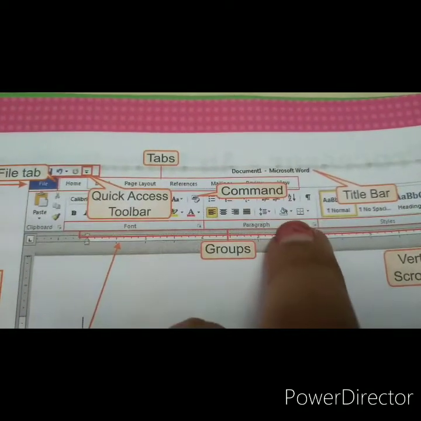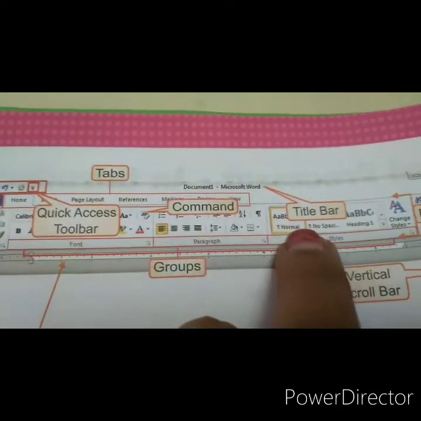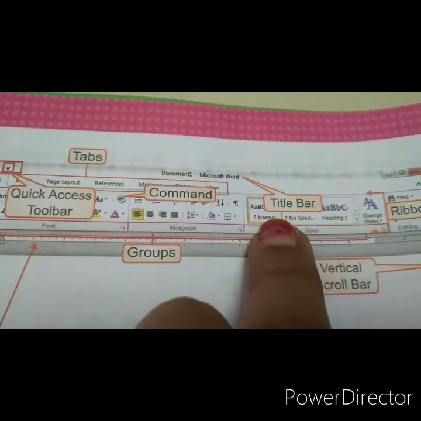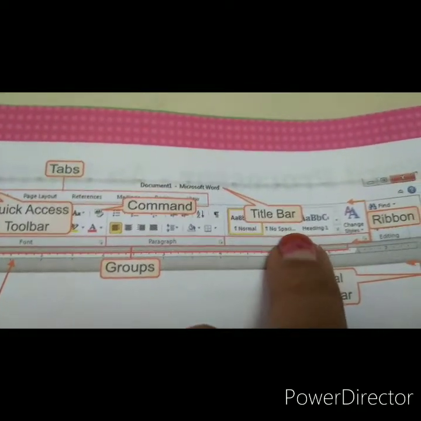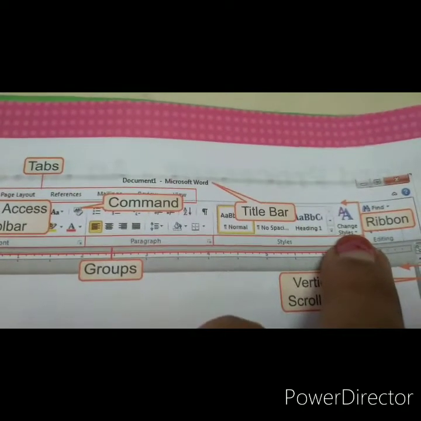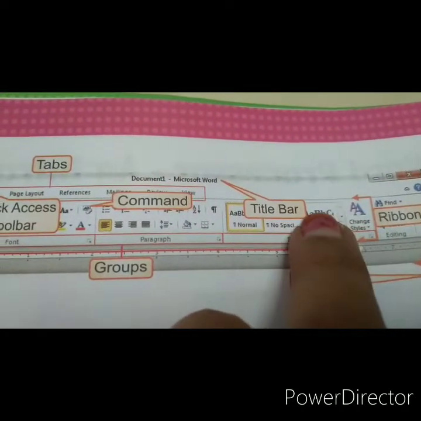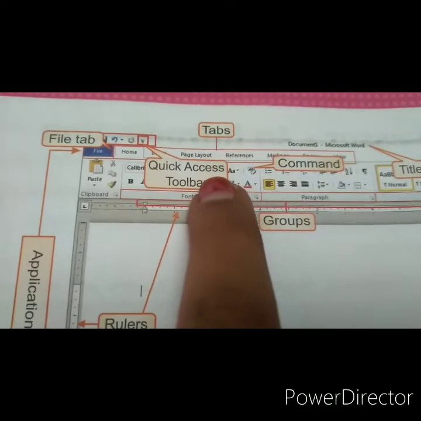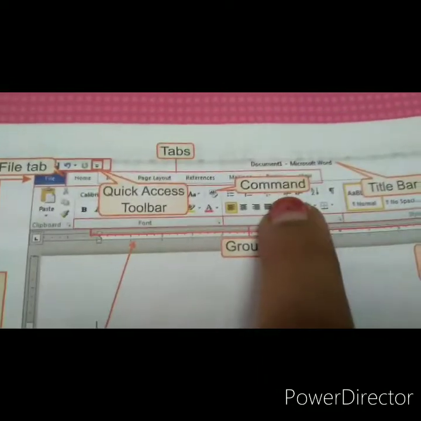Here we can give it the fill colors. Here we can change the font, we can replace the headings, change the font styles. All these components come under the ribbon.